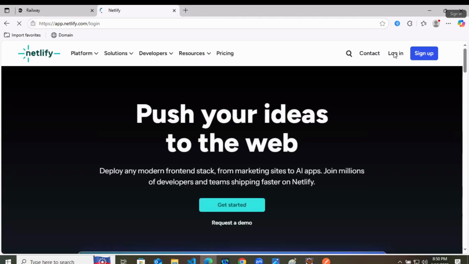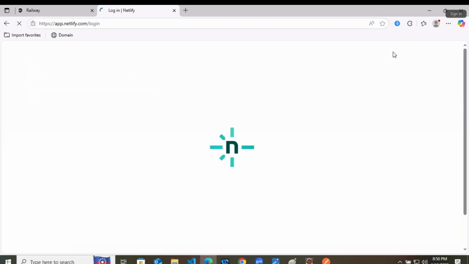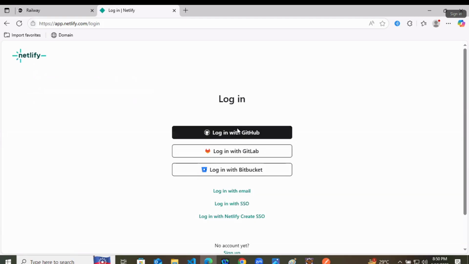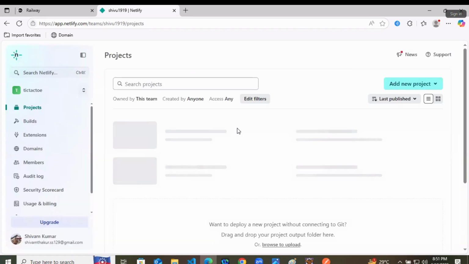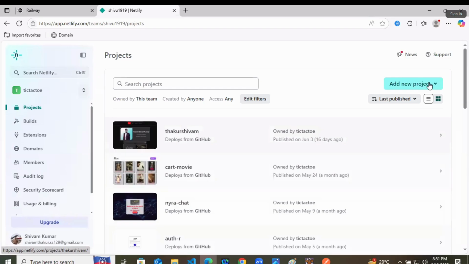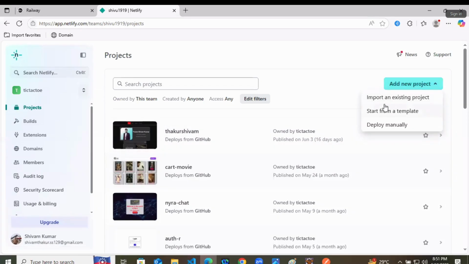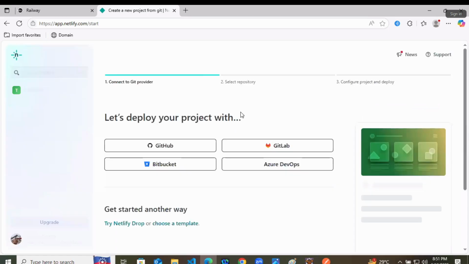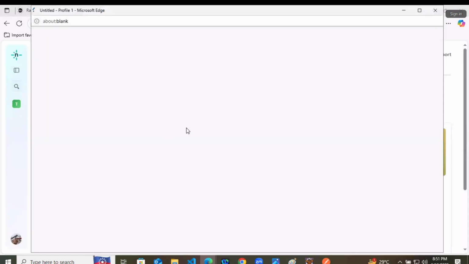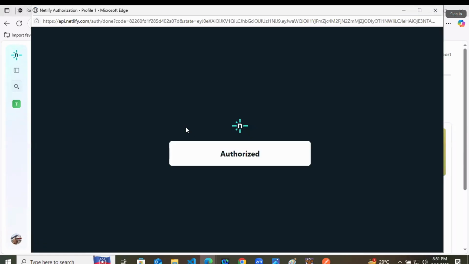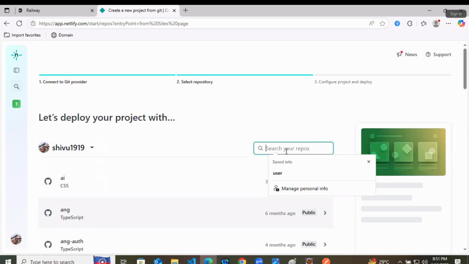So we are going to use Netlify here. And don't deploy all the backend projects. Otherwise, you might be asked to pay a heavy amount. Telling you from my personal experience. And you have to pay, by the way, there is no option.